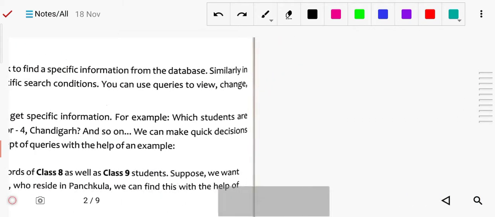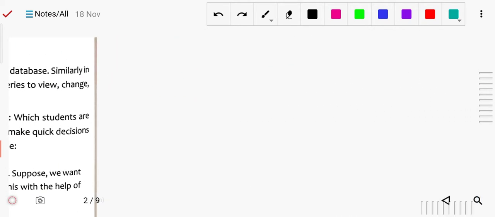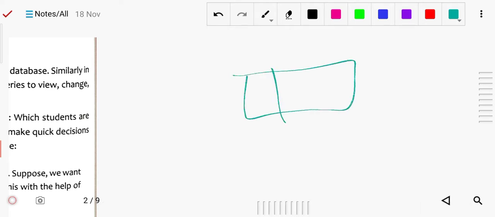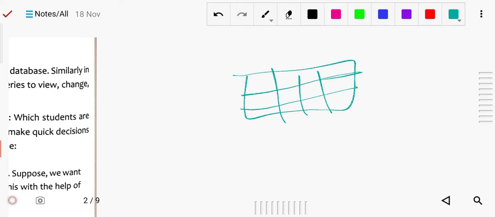Earlier, when we sorted or filtered the data, it was shown in the same table that we had.